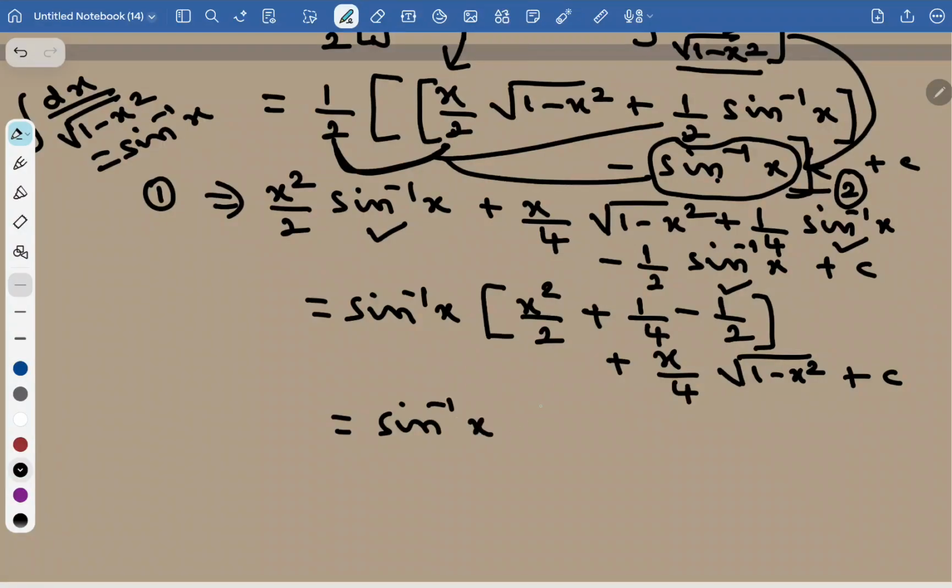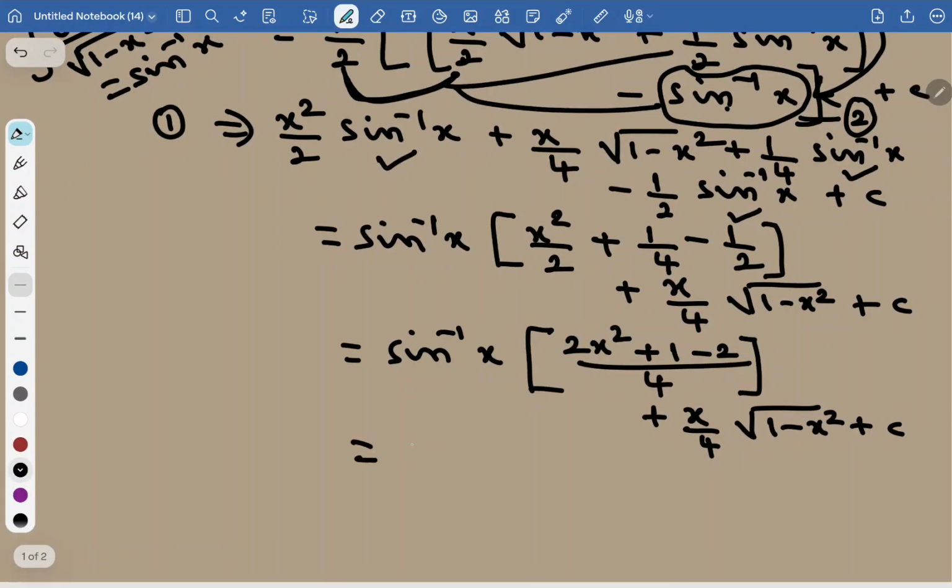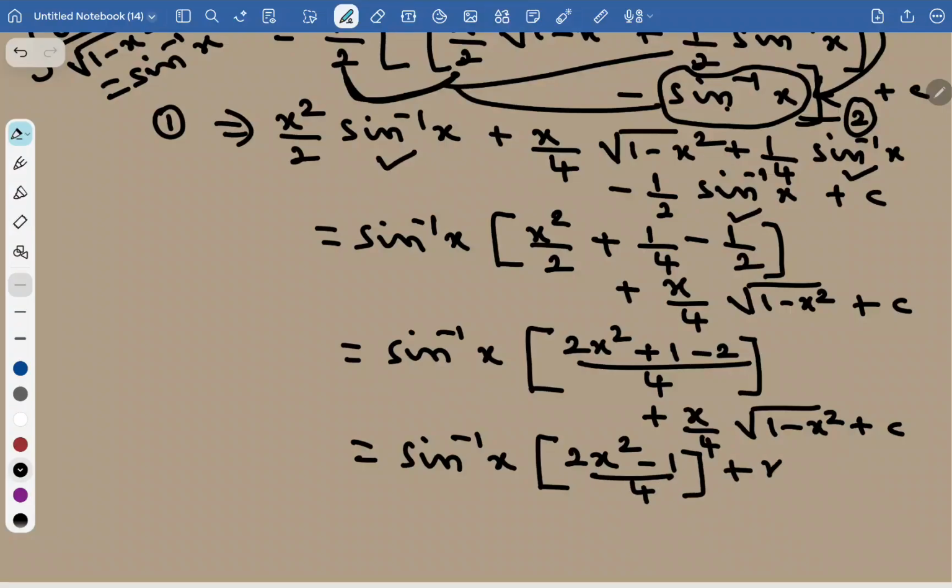Sine inverse of x, LCM is 4, 2x square plus 1 minus 2, plus x by 4 root of 1 minus x square plus c. Answer is sine inverse of x into 2x square minus 1 by 4 plus x by 4 root of 1 minus x square plus c. This is the answer for the problem